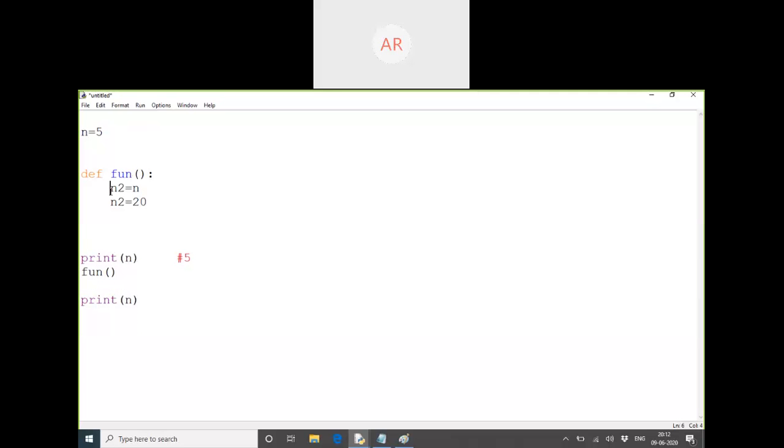n2 is assigned with n. Yes, n2 is which type of reference? It is local. It is pointing to which information, a new information or an existing information? Existing information.